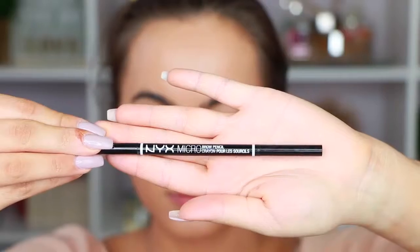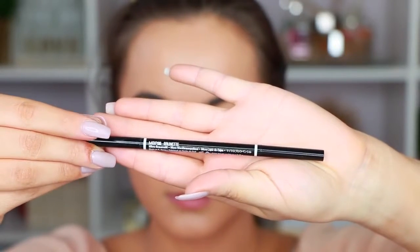But I really do like this sponge. I'm actually really impressed. I wasn't expecting to like it as much. The first time I used it with a foundation that I was iffy about, I haven't tried it that much. This is really good with the foundation that I love. Like, it worked amazing. So I'm going to go ahead and use the NYX Micro Brow Pencil in Brunette, and